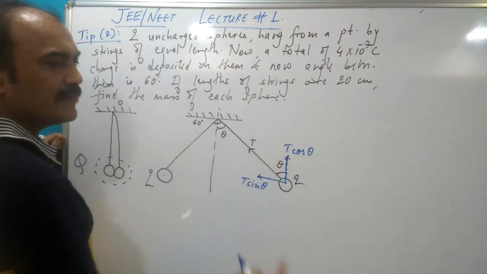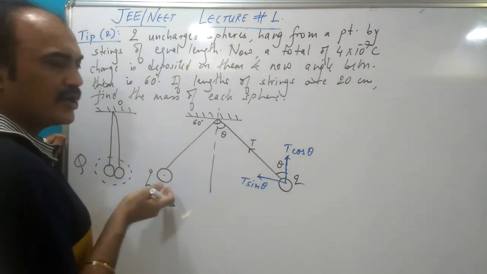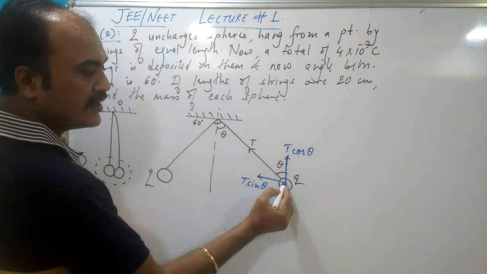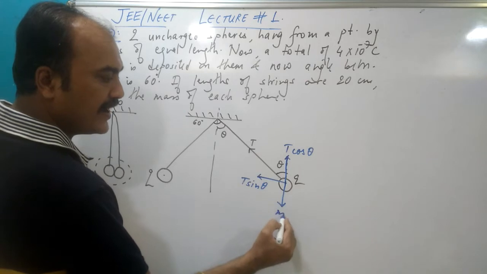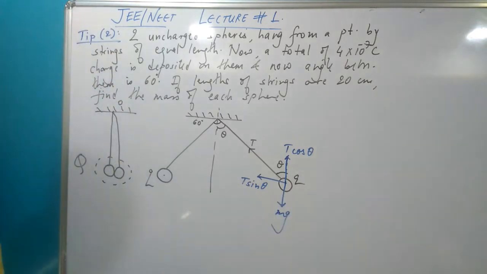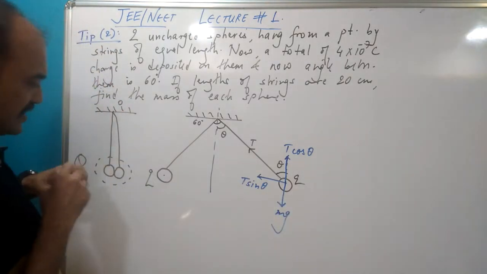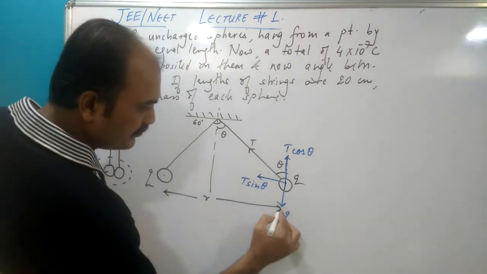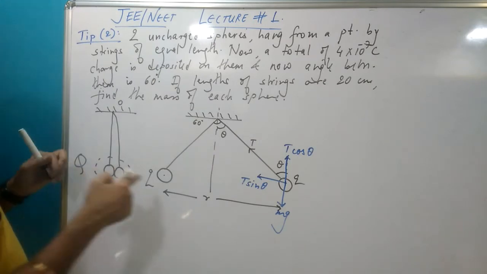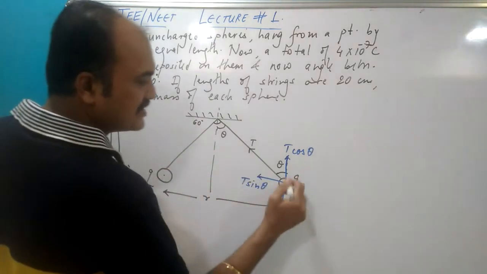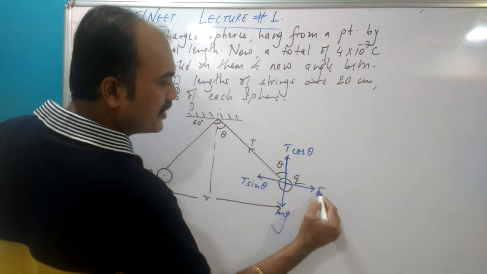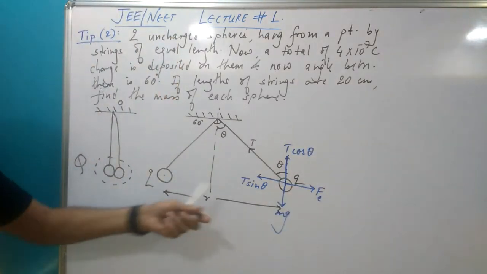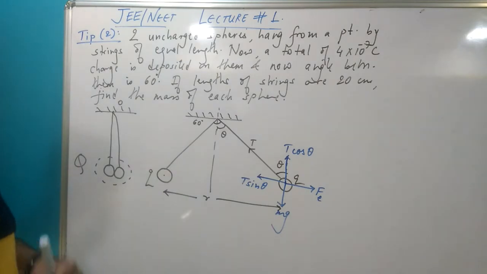Now, I'm going to make forces only for one sphere because the second sphere would be redundant, it would be same. If this body has mass m, then weight of this body would be mg, vertically downwards. And since both these spheres are separated by distance r, let us say, then the repulsion between this and this would act in this direction. So this is your repulsive force, Fe. Can you see the sphere is in equilibrium?